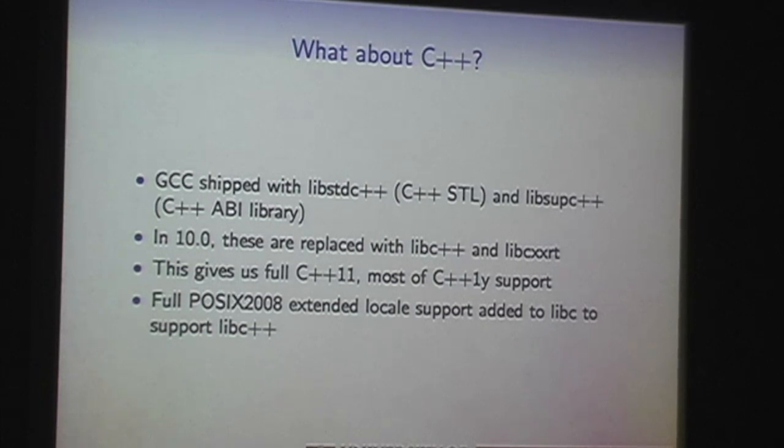One of the things we had to do to get libc++ ported was implement the full set of POSIX 2008 locale functions, so all of the things that implicitly take a locale in the C standard and in earlier versions of POSIX now have a version which has an _l suffix, which can take a locale object pointer. These include things like printf, so when you do a %d in printf, it may do thousands separators, or if you do a %f, it may use a comma or a full stop, depending on what your decimal point character is, depending on the locale.